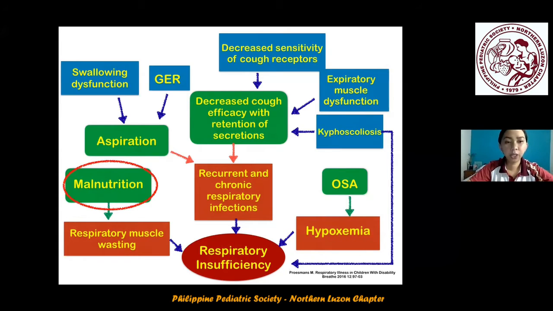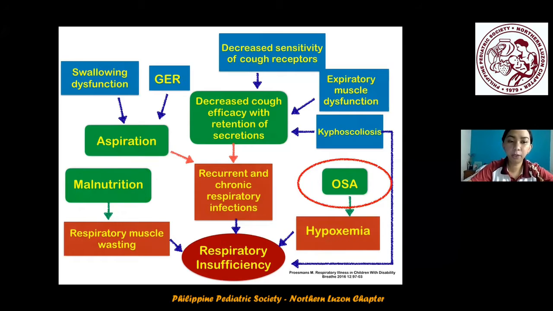Children with cerebral palsy are also at increased risk of obstructive sleep apnea. In children with more severe cerebral palsy, there is usually abnormal muscle tone of the upper airway and even severe laryngomalacia, which is due to reduced tone in the supraglottic structures, and also pseudobulbar palsy. This may also cause hypoxemia, which can cause respiratory failure. And so you see, these children are really very vulnerable.